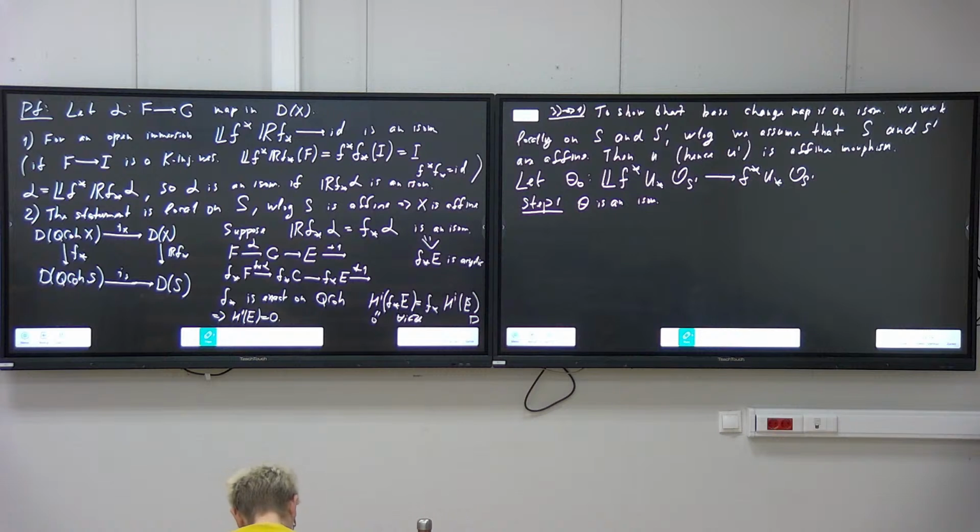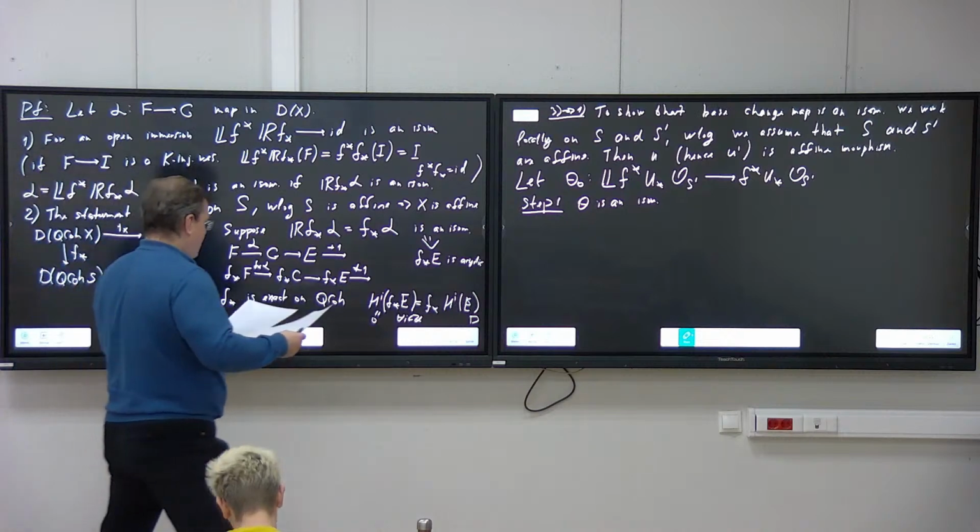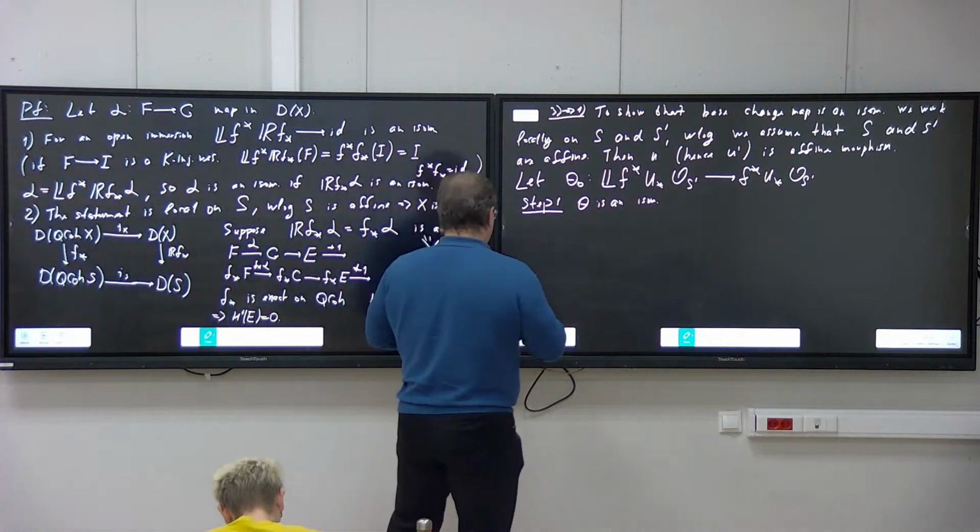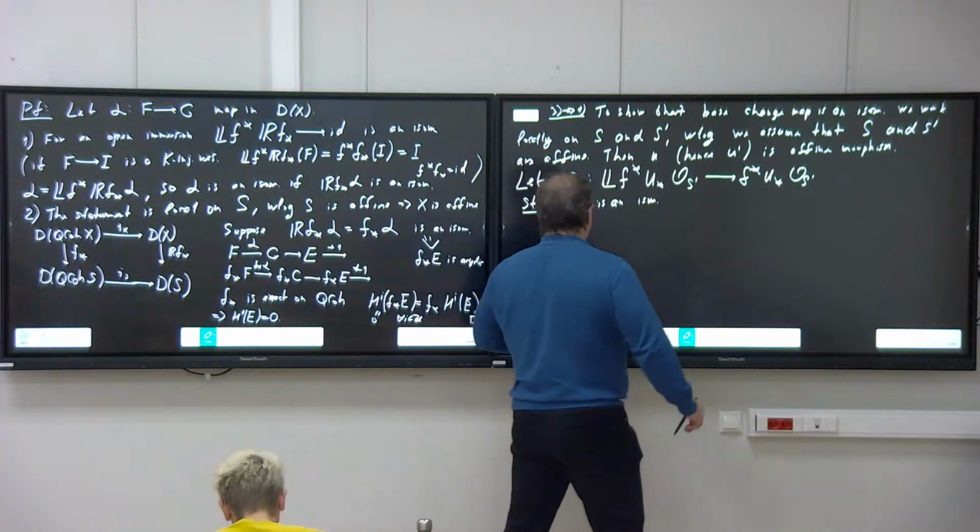We want to check that theta is an isomorphism, right? You have a map, and you can check that it is an isomorphism just by doing this locally. Yes, because we don't use U lower star in the